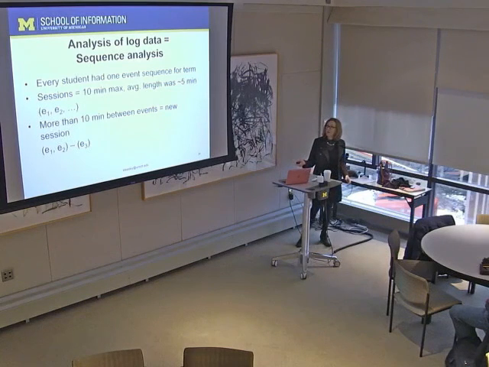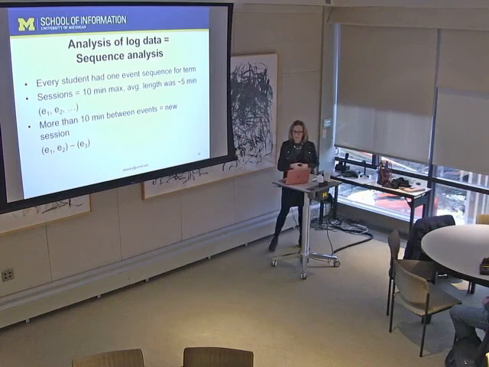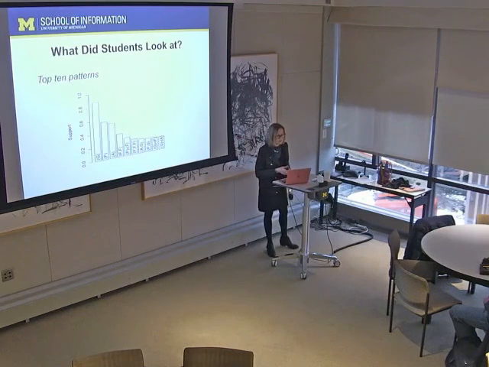So what we have here, and this little terminology is going to help you interpret the next few graphs: if they did event 1, so they clicked on the files and then they went to the assignments all within this 10-minute period, it looks like this. If they clicked on the files and then looked at events and then went away for more than 10 minutes, and the next time they came back they looked at the grade distribution view, we use this notation system for that. So what were students doing?